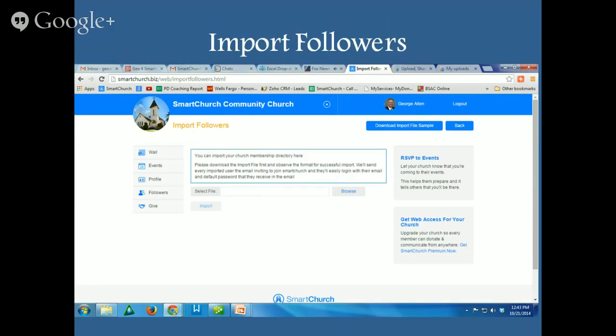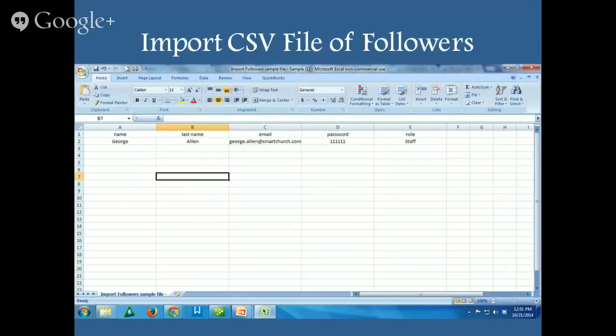You have a list of your church membership, and what we do is we allow you to import it via CSV file. It's a simple file, just a name, last name, email, and then you provide them a password to log in, and then ask them to change it after they have logged in. And then you can also make them a staff member or a member, or just leave it blank if they're visitors. You could just leave that particular